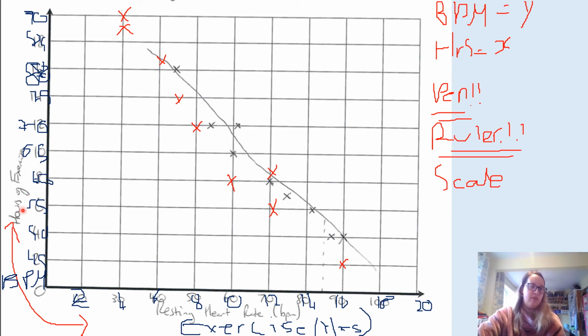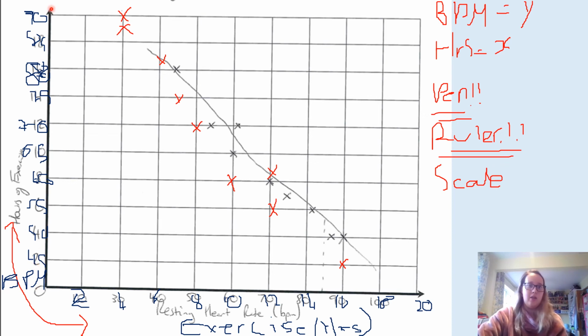So obviously it would be heart rate and then beats per minute in brackets because that's the units, but I can't write sideways very well. I can't write at all very well on this computer, so I just put beats per minute down there just to signify that. And then I've also changed the scale slightly, so I've got 2 to 20 going up in twos, increments of twos on the x-axis, and then on the y-axis I start at 45 and then I go up in fives